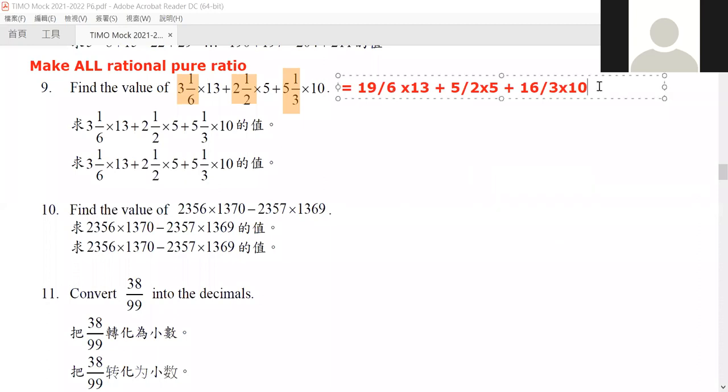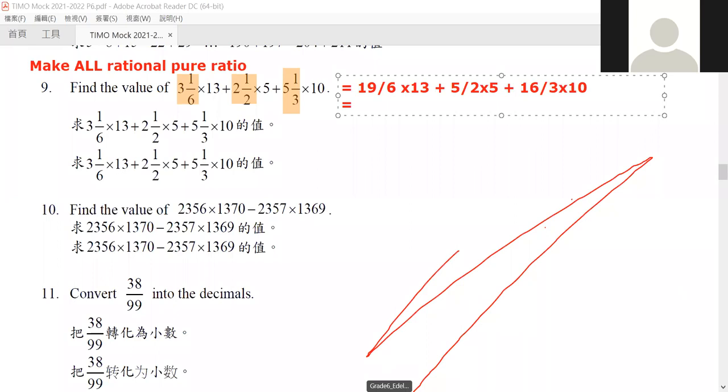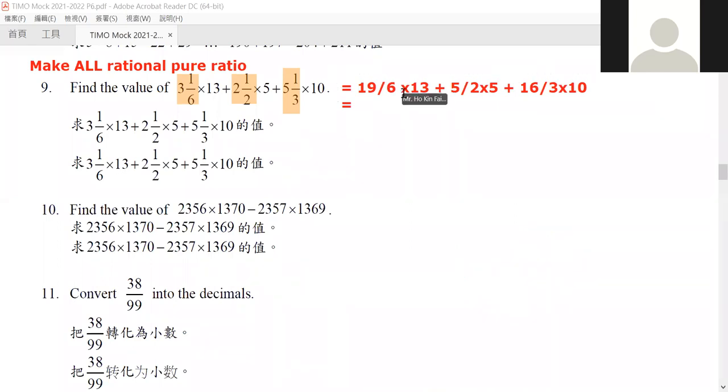Okay. So now, once we have done this, we can try to multiply them together and get the answer. Now in here, there's not much that we can do about this. So one of the better ways of doing this is to combine these two first. If we want to combine these two, first of all, it will be 19 times 13, which results in our answer equal to 247. So it will be 247/6.